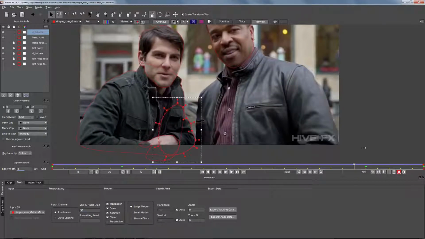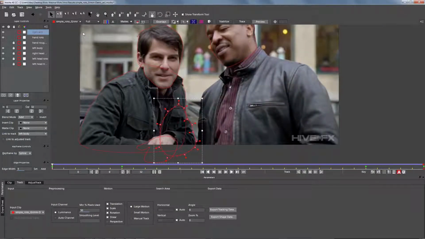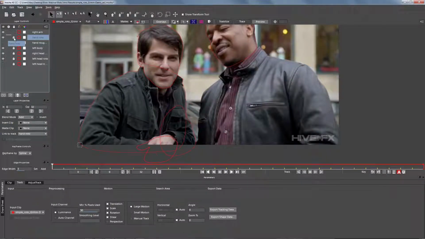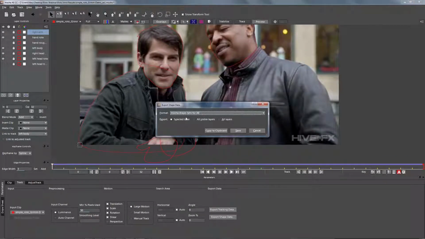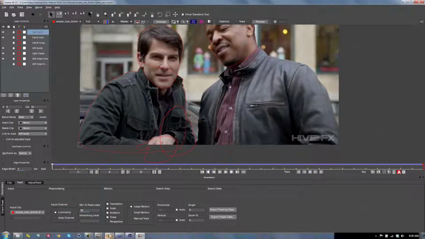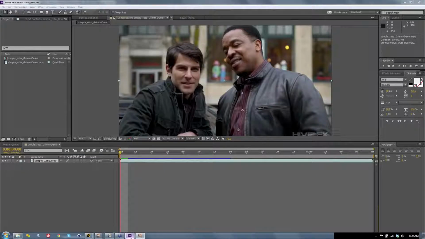Okay, so from here, I want to talk a little bit about exports because I don't want to spend too long on the intro part of this demo. So let's just go ahead and go to our export shape data. So I'm going to select one of my layers, it doesn't matter, and I'm going to go to export shape data. I'm going to do all visible layers, and the reason I'm doing that is because I have hidden my previous guide tracks. Now, we can only export to Mocha shape data for After Effects from Mocha for After Effects Creative Cloud. So we're going to copy this to the clipboard, and we're going to jump over to After Effects,